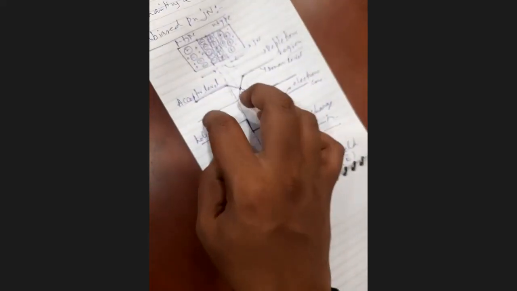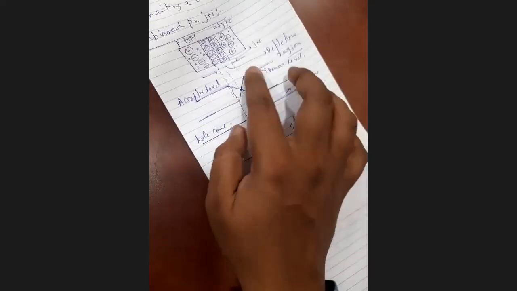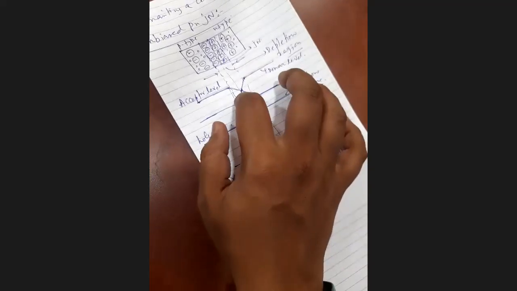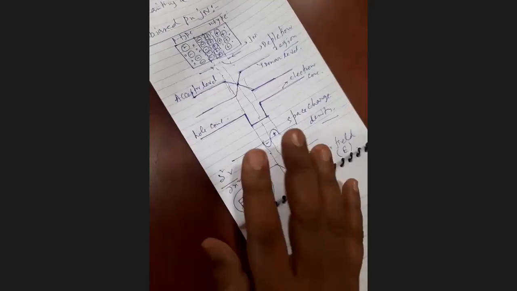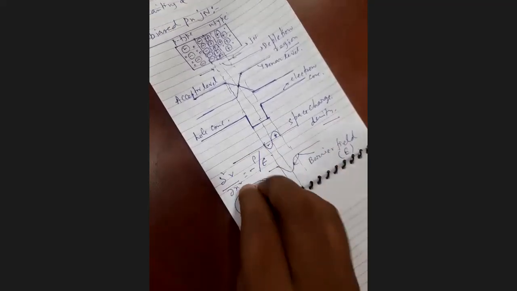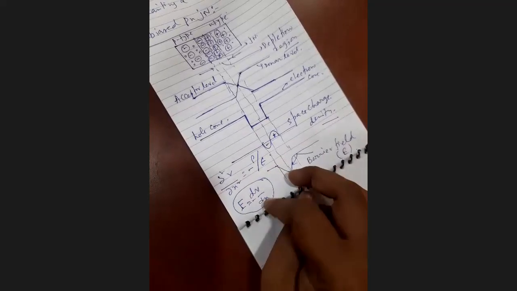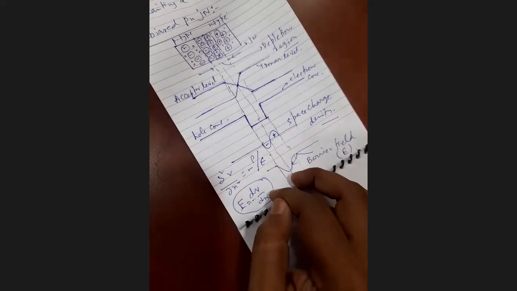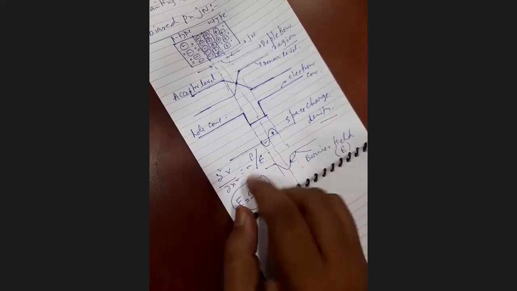On the basis of that, the carrier concentration levels of the holes and electrons are affected according to the depletion region, and at the junction that level is considered as 0. Okay, so similarly, when the electric field is formed, it is developed due to the voltage determined over here, and it is the rate of change of voltage with respect to displacement. Because the rate of change of voltage is opposite with respect to the displacement, that is why the negative sign is there. That is the electric field due to this junction.